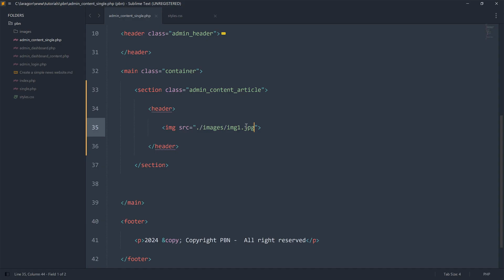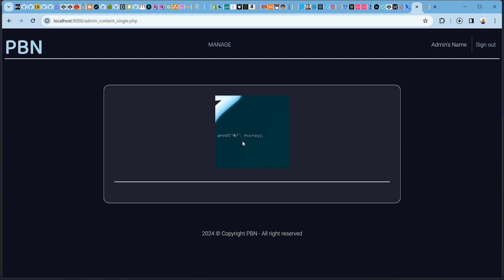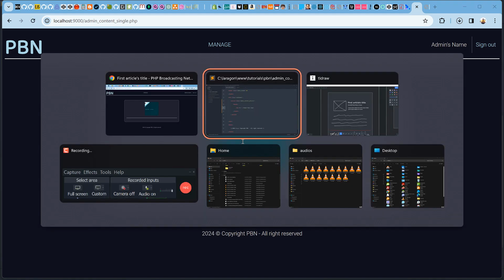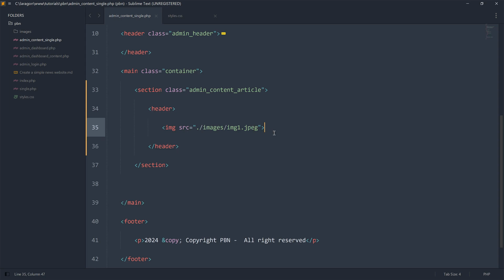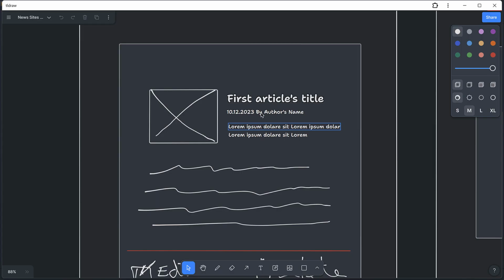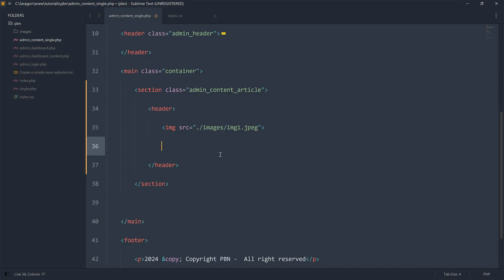So that was in the format. Let me try this. Great, so we have an image like that. Once we have the image, I will now add this area, which has the title and then the rest of the information. So I will put all this together in a div,